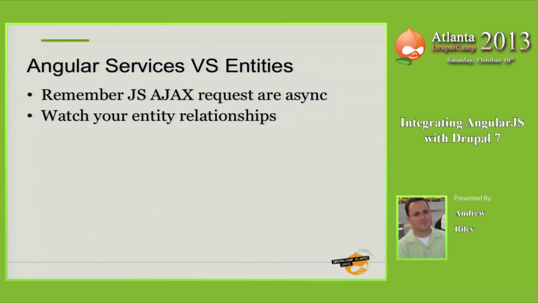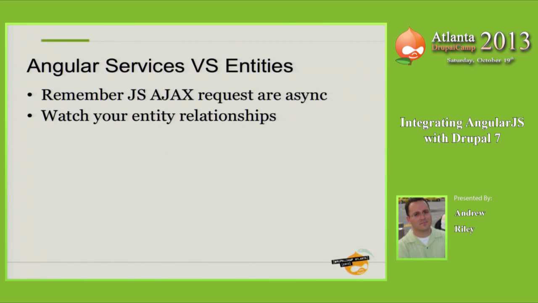There's a couple of different ways you can get around it. One is less than ideal. You can work with promises to make sure that your AJAX always goes in a certain order. I highly discourage that one because you're kind of getting rid of all the goodness that is asynchronous. Probably the better way to do it is to plan out your entities and how the relationships are done,